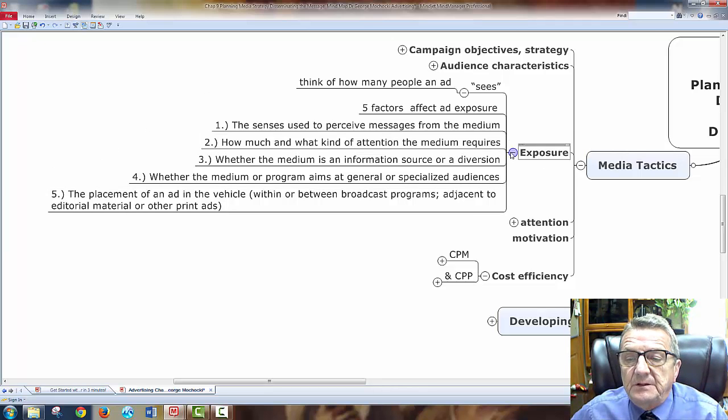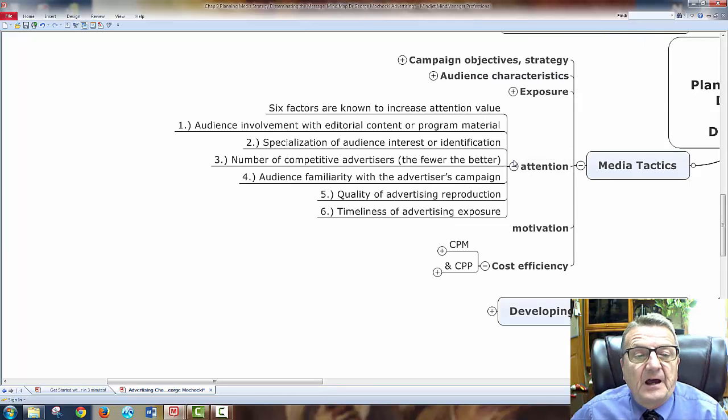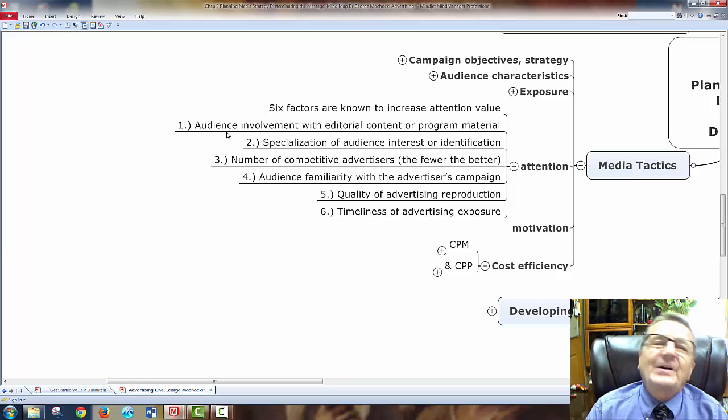Okay, the next one is medium tactics, which is attention. How do I get attention? You have 6 factors known to increase attention. Audience involvement with editorial content or program. How do I get the audience involved? If I could get them to write something down, or rip this off. You get some of those things if I go to Menards or Home Depot where it says win a truck or something else. So they're trying to get you involved, or put your information in here, or do a taste test,